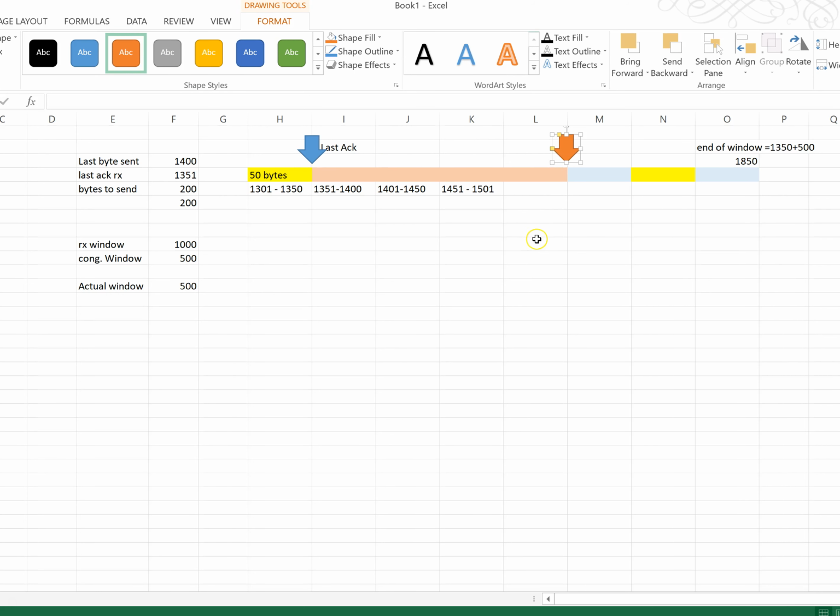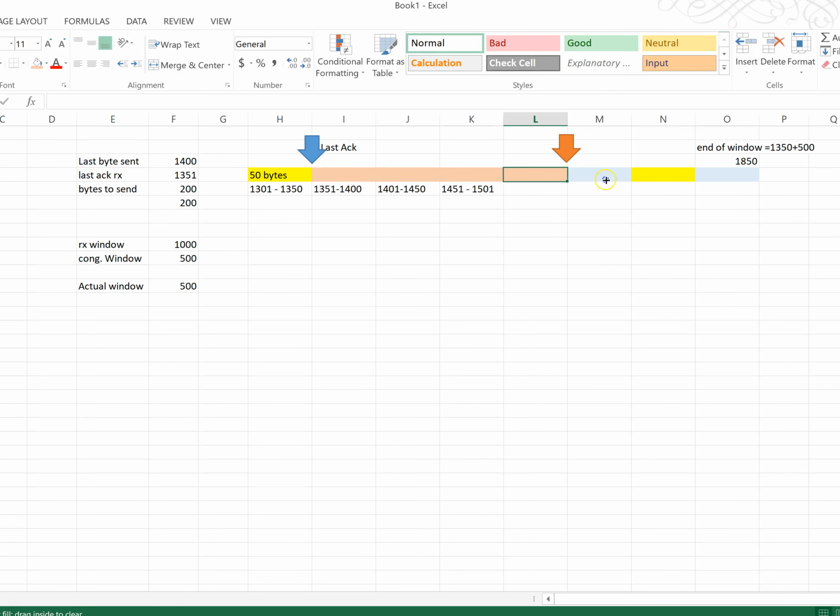Then we get asked to send another 200 bytes, and we do the same thing again. We drag that forward. We look at our window and we say, well, the last byte we sent was 1550, and we can send all the way up to 1850, so we can send 200 bytes. So we send 200 bytes. We move this forward, and now the last byte we sent is 1750. This was 1701 to 1750. And if we were asked to send another 200 bytes now, we'd only be able to send 100 bytes unless